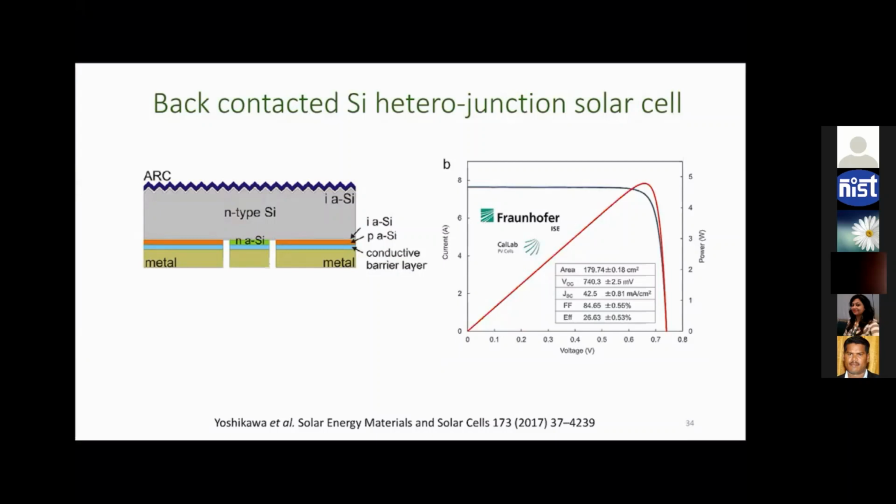And I agree that there is scope for improvement, there is scope for other materials, there are very promising materials available, but the time it will take for these materials to replace crystalline silicon technology is, I think, high. Maybe 5 years down the line or 10 years down the line.